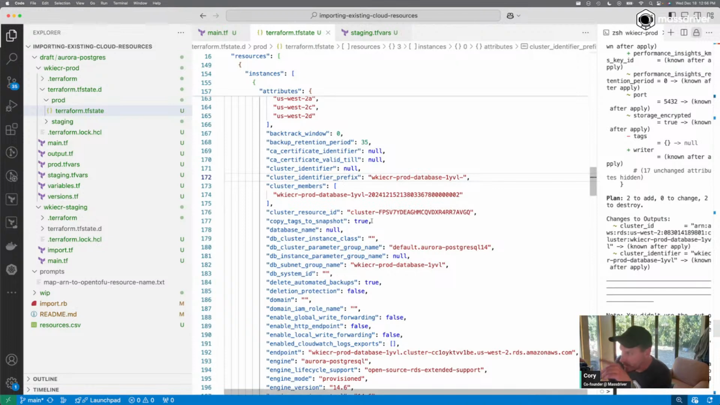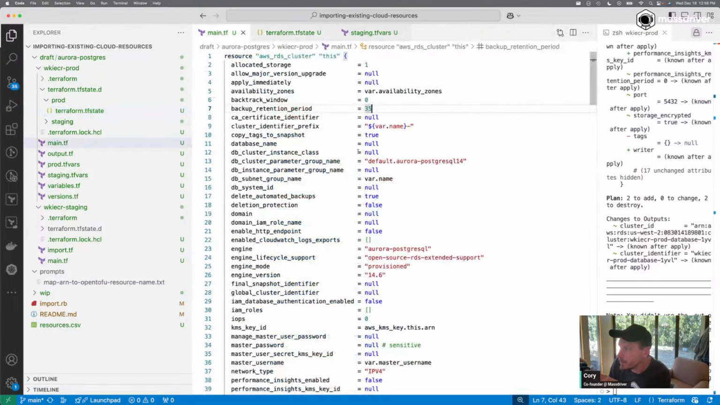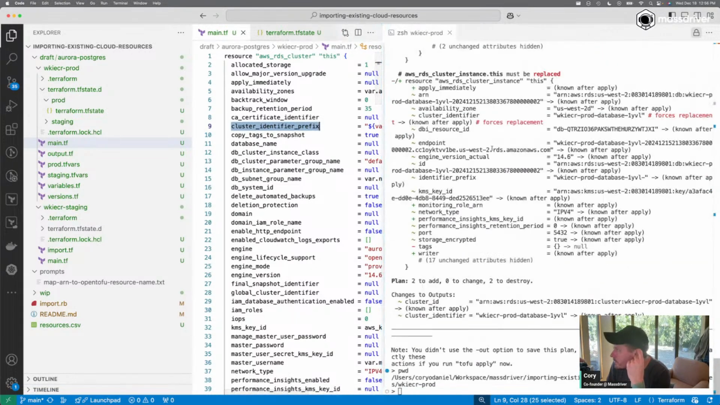Okay, right directory. Let me just see here. Let me make sure I'm not thinking anything weird. Cluster identifier prefix is now set. It's the name hyphen, which is what we want. Seeing the cluster identifier as